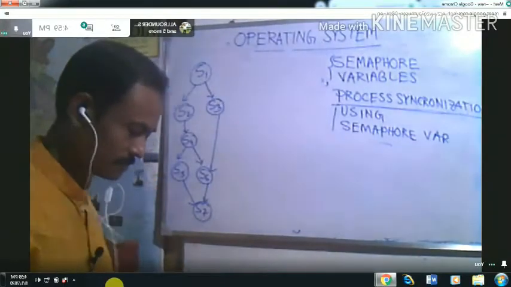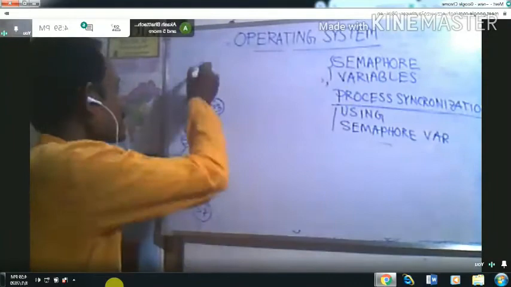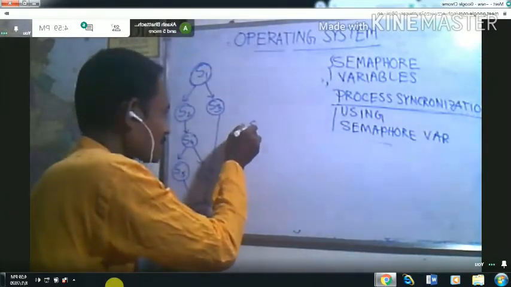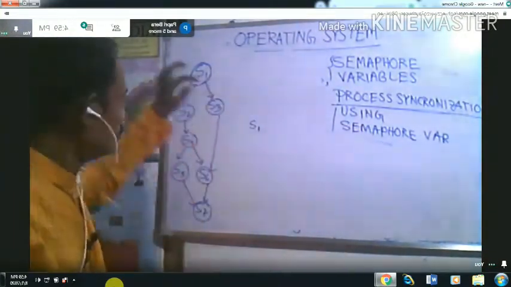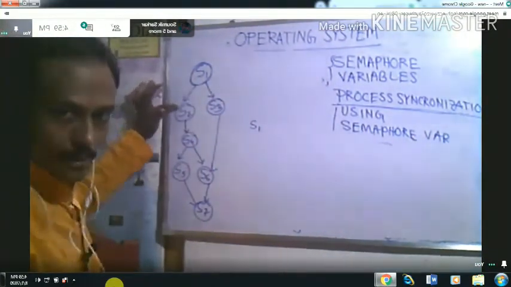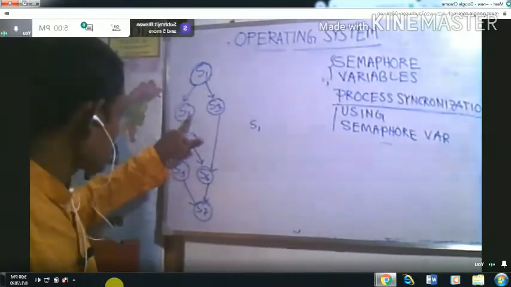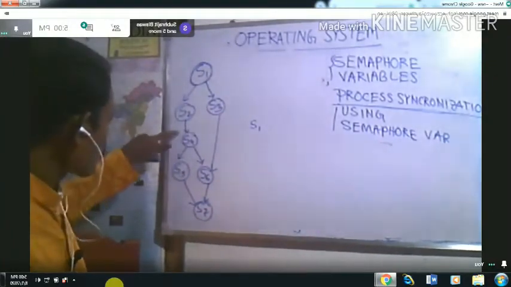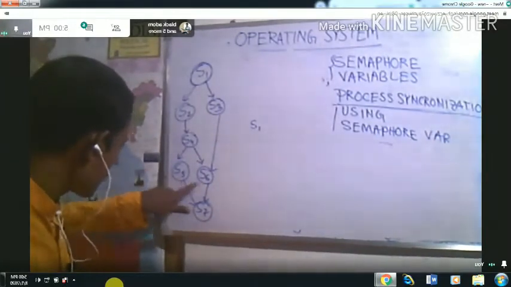Okay, so what is our first process? Our first process is S1. So that means S1 and S2 cannot execute serially, but S2 and S3 will execute concurrently, and S2 and S4 can execute serially, but S5 and S6 will execute concurrently.